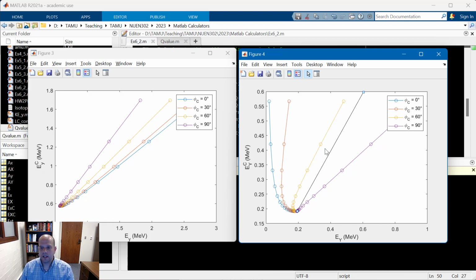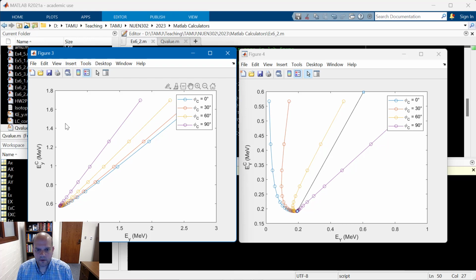meaning that my kinetic energy of the heavy particle on the product side is actually bigger, a larger value in the center of mass reference frame than it is in the lab reference frame. But then there's some angle at which when I cross that angle, I get the opposite scenario, where my kinetic energy of that heavy particle in the center of mass reference frame is actually smaller than the same value in the lab reference frame. And so if we look at these same EYs, or the same